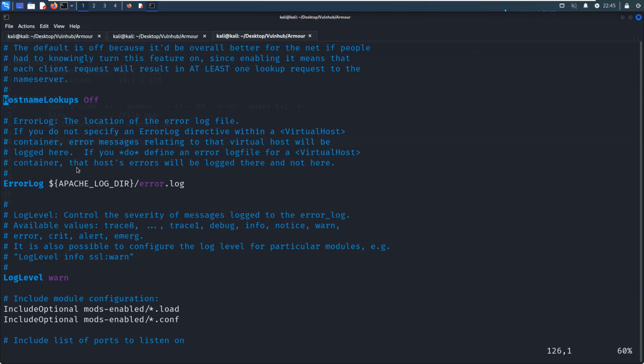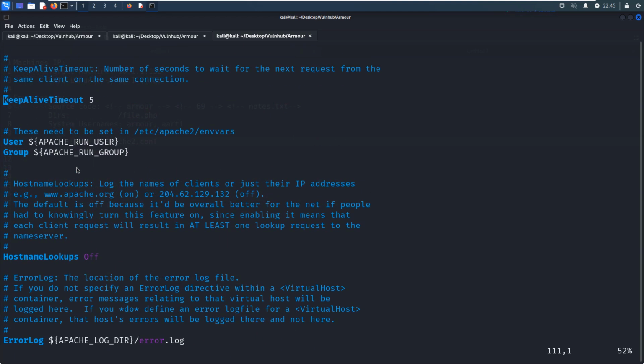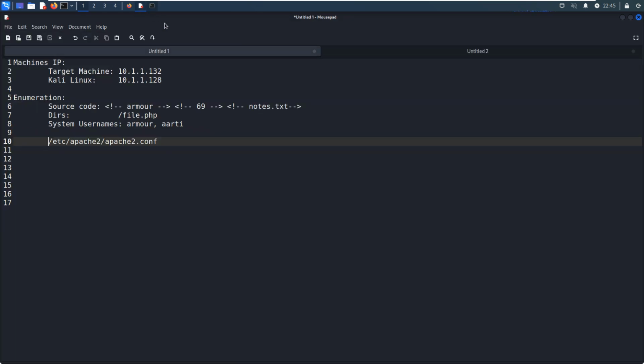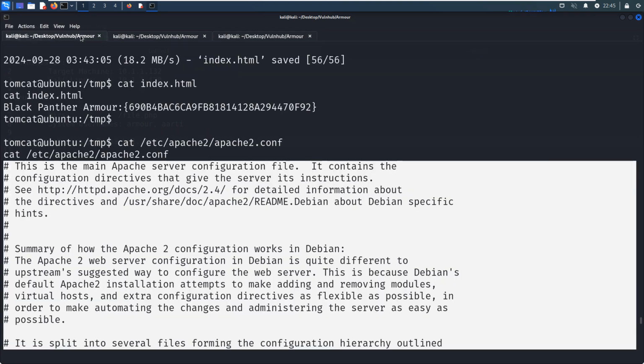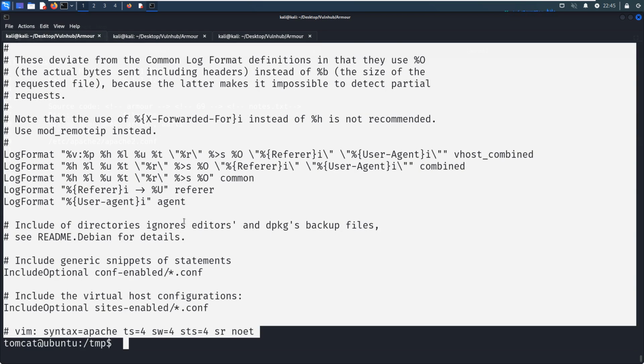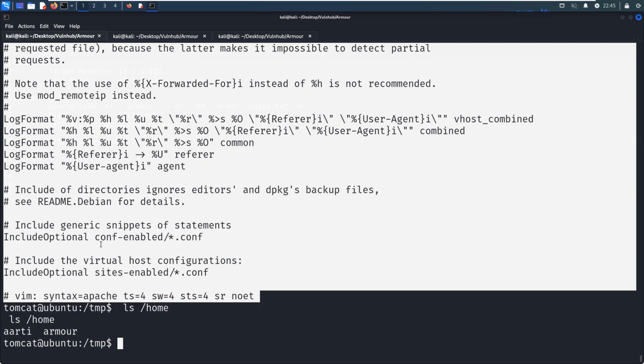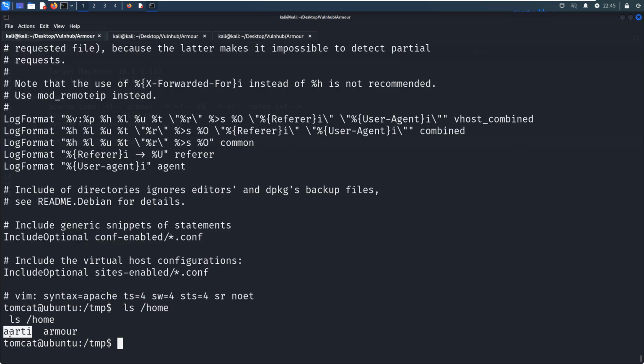So where are they? Here we can add the user, and we can add another user. The username is, so what's the username? We can go to home. So this one we can move.